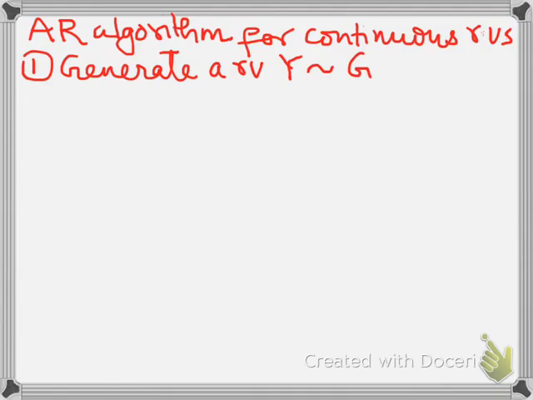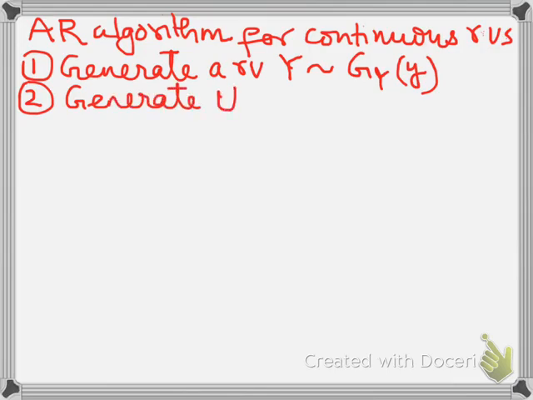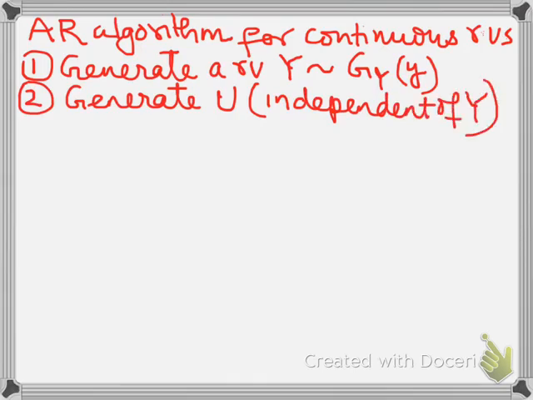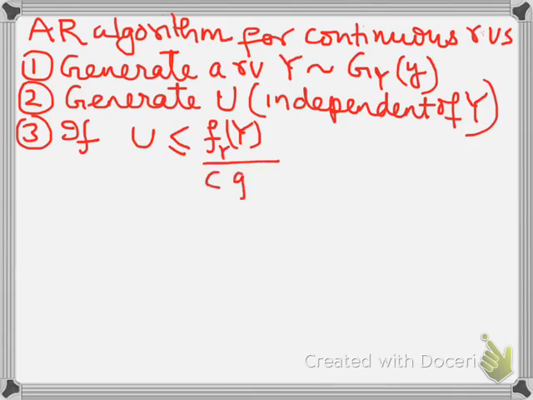Then you generate a uniform U, independent of Y. Now, if U is less than or equal to f(y) over c times g(y),